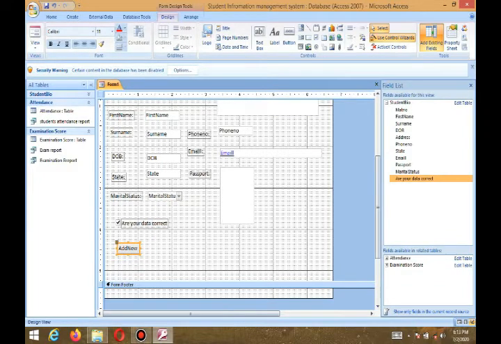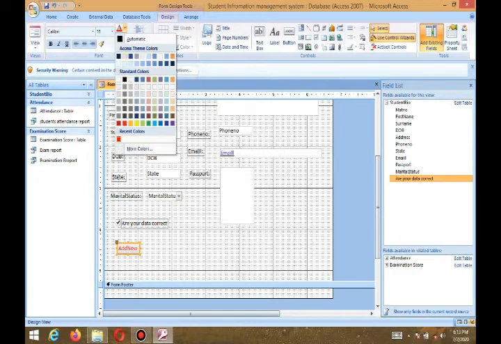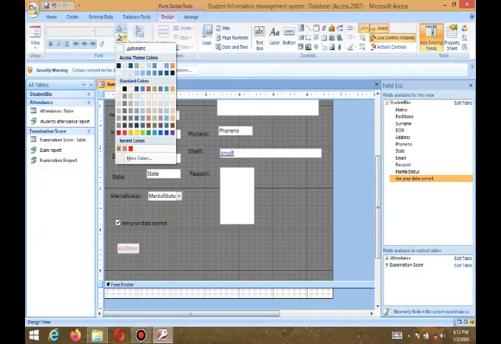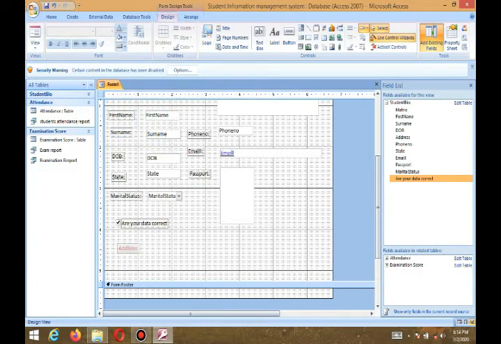You can change the color. Maybe you don't like the color or the design, you can always change it. So it all depends on you. You can change the background color of this. Maybe you want something like this, you can change it. So you can come here again,